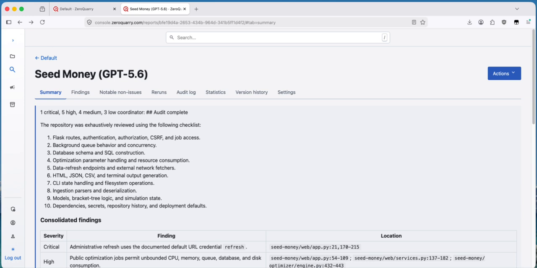So I want to show one of the recently completed features in ZeroQuarry, which is automated report exports, pentester-style exports. The lineage of this feature comes from the fact that myself and many that I've worked with have had to produce reports showing that the code you've been producing for your own customers has been scanned by a third-party pen testing